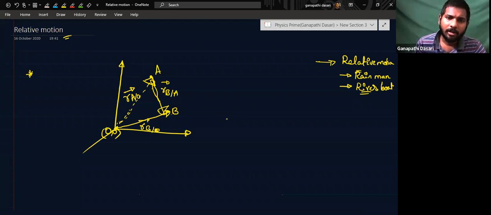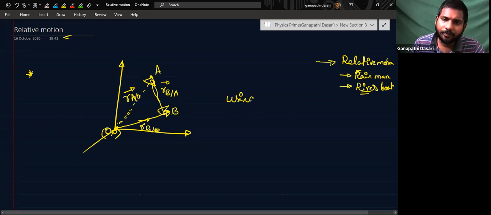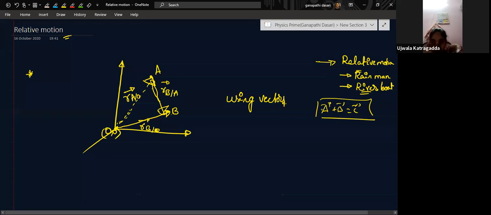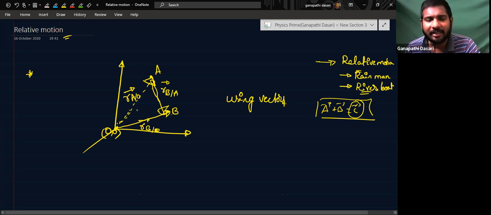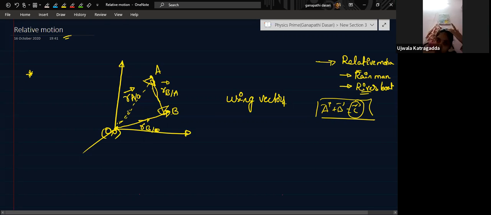Now, Varun, using vectors, can you tell me what is the resultant vector of addition of vectors? Suppose there are three vectors here, A, B, C. So you can write now A vector plus B vector is equal to C vector. Can we write like this or not? You tell me, if you add two vectors here, we will get the third vector. What are those two vectors? Can you tell me? AO plus BO will give AB, no, sir.